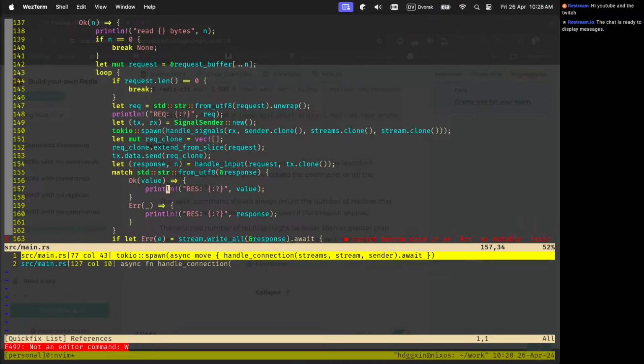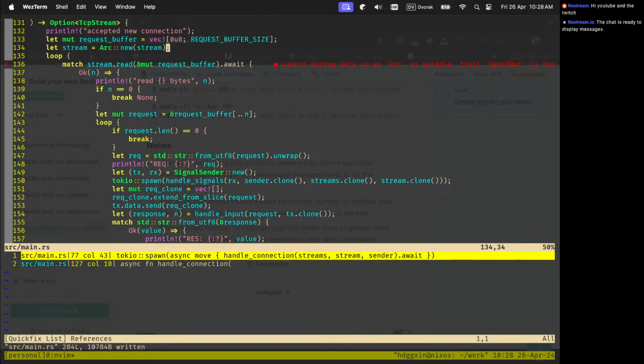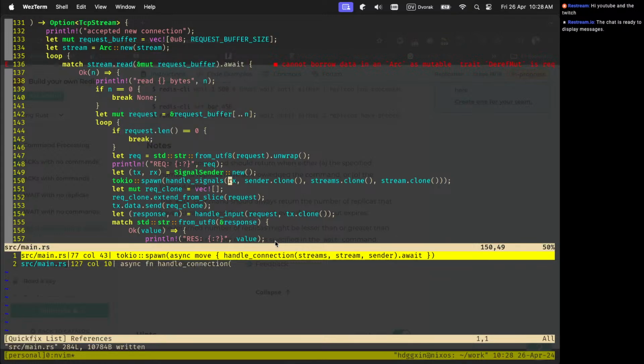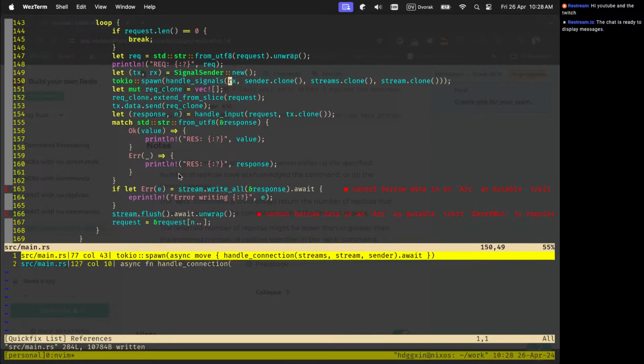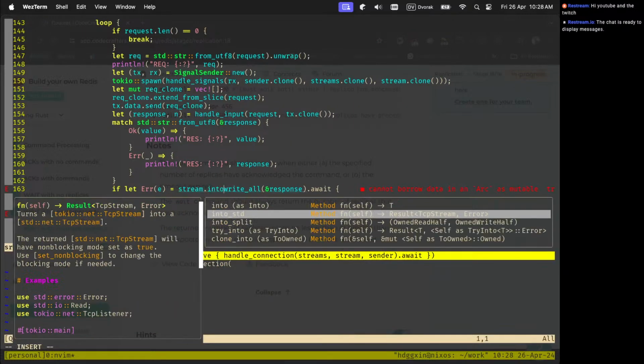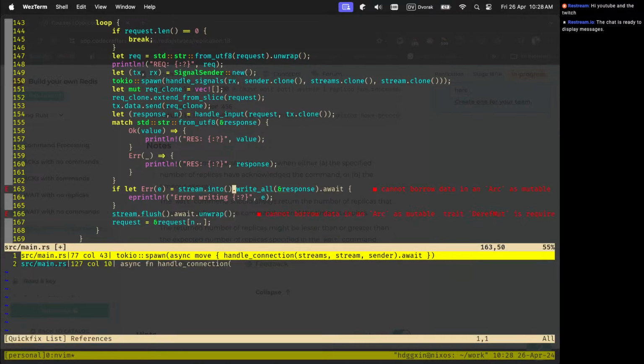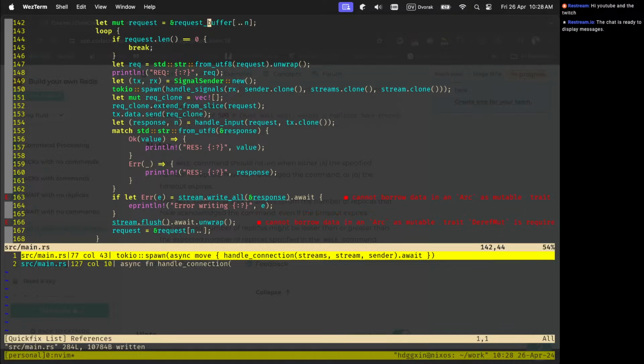And now cannot borrow it because it should be mutable. And this should be taking ownership of that stream. So once it has taken ownership of stream, I cannot do anything here. But if I remove ownership, I do stream.into... now what? This still needs to be mutable. This is only when in the case when we have to do